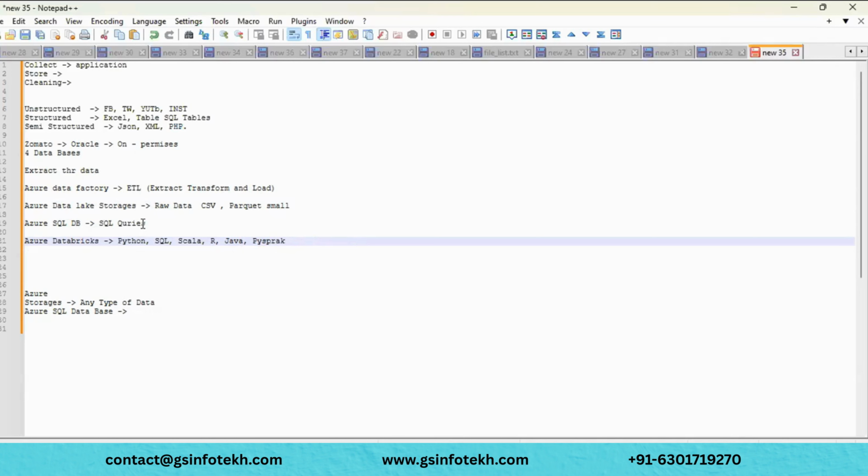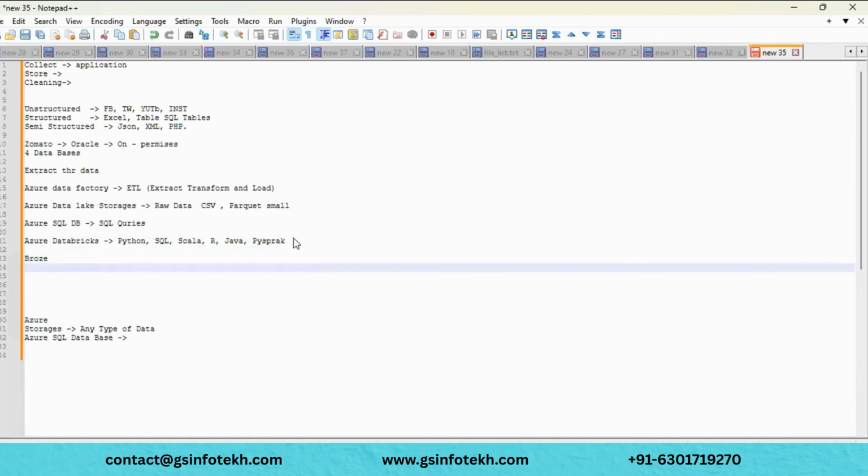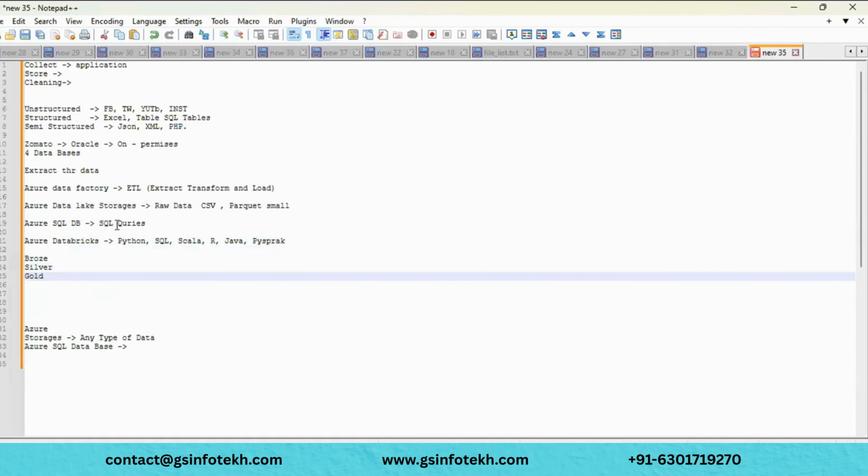Here we will first read this raw data, and we will make it into multiple layers. We have the medallion concept, something like bronze, silver, and gold. This kind of method we are going to use in Azure Databricks.